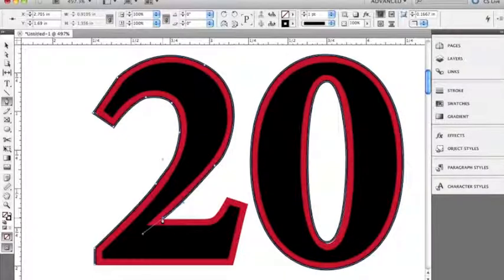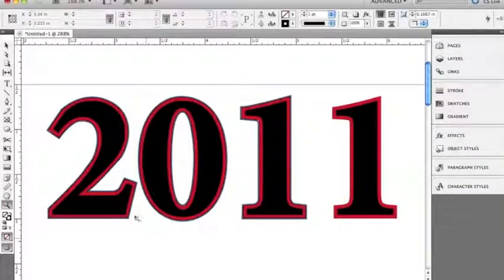Click to remove this handle. Click here. Click here. And remove the second handle. Click. Click. And end. And I can see that I've got the outline around my 2, the 0, the 1, and I